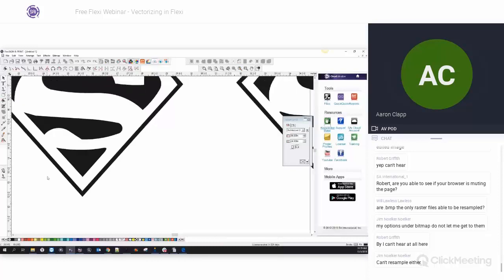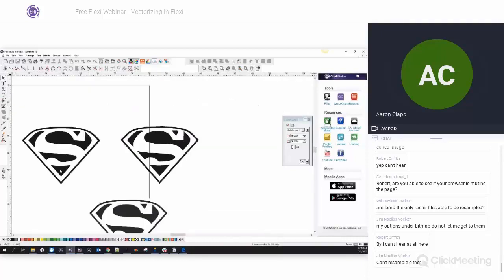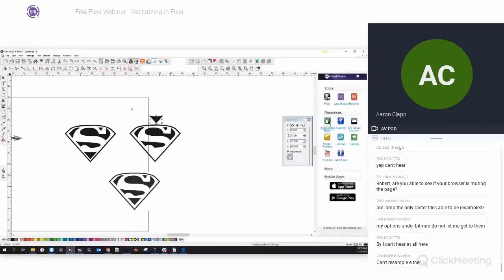So there's nothing to say that I couldn't vectorize things multiple times and say, well, get rid of that, and I'm going to place this one in here because that one's way better. There's nothing wrong with that. In fact, I've done this multiple times, especially with a file that's in really bad shape, that's almost indistinguishable. Multiple methods can sometimes help you out quite a bit. So mixing and matching is also not a bad idea. So that's the